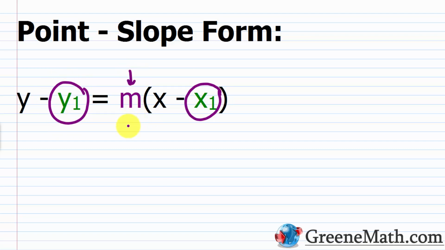Or sometimes we'll get 2 points on the line, and from that, we can use one of those points, and we can calculate the slope using the slope formula. All right, so where does this come from? Well, if we